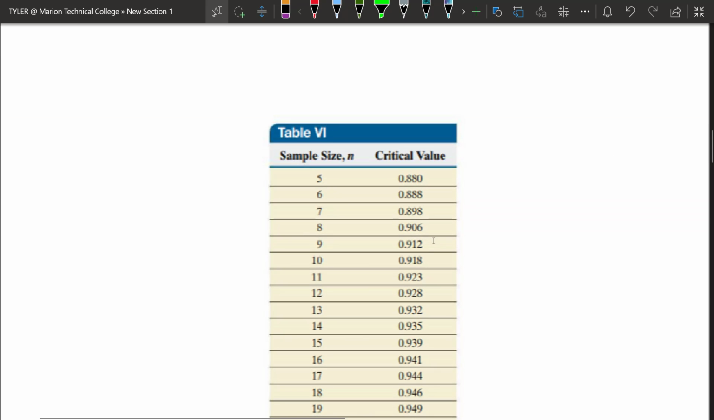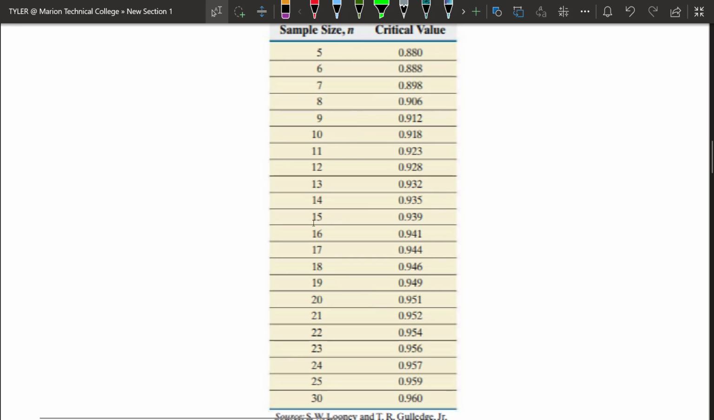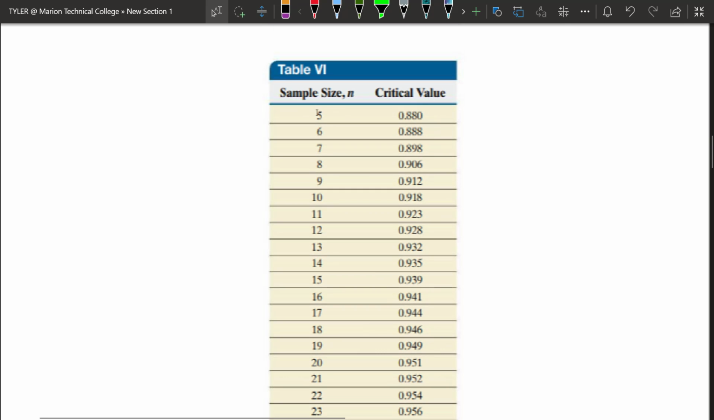We're going to use some information that we learned in chapter 4 about linear regression. Remember, we have this table from chapter 4 of critical values where we looked up the sample size and then the critical value. And remember, if your correlation coefficient is bigger than this critical value,